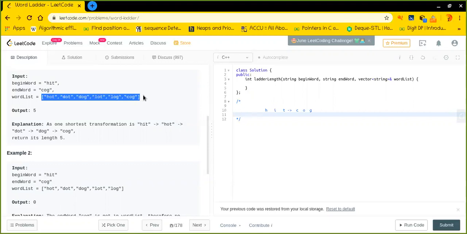I can convert a string to another string only if that string has equal length. For example, hit has a length of 3, so whatever string I make further should also have length 3, and it should differ by only one character from the original string or word.